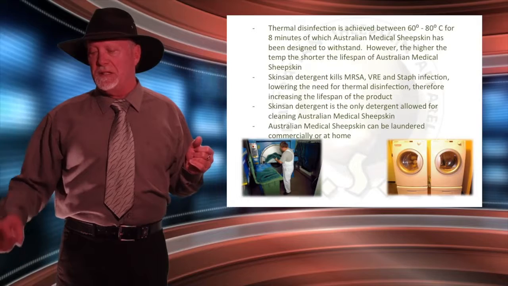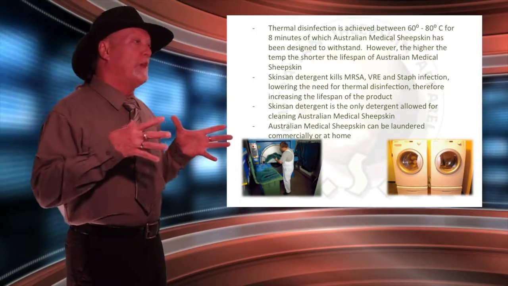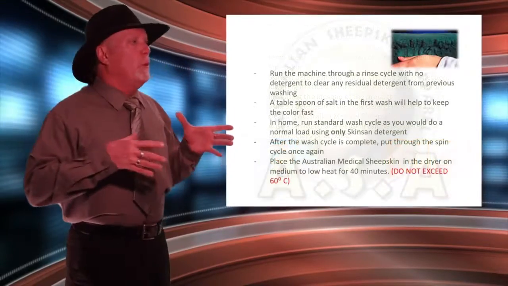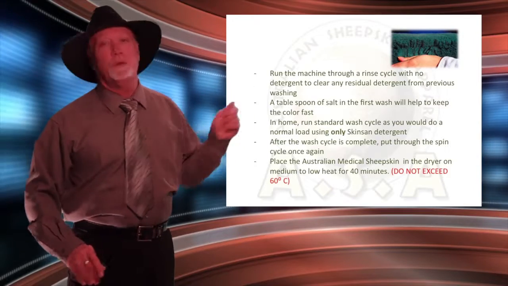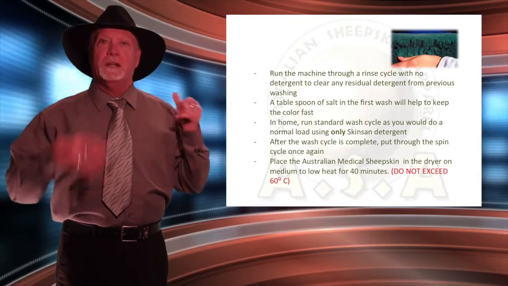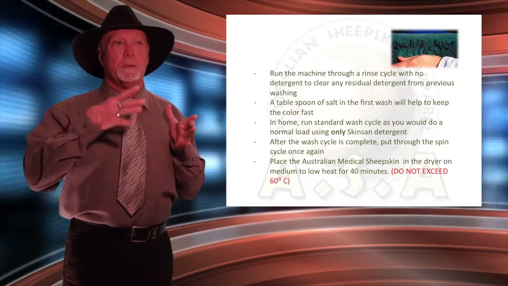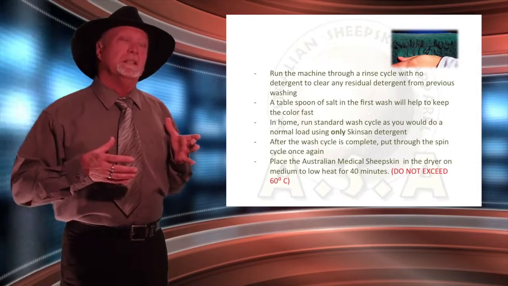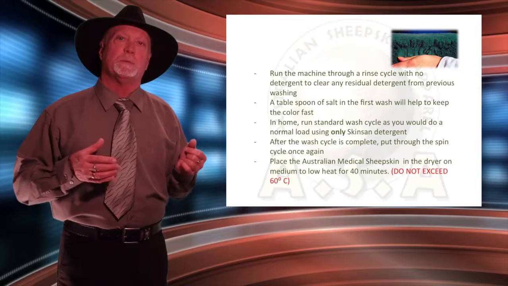When the product is being washed for the first time, we generally put in a tablespoon of salt into the wash itself to help fast that colour. Because when we're washing at high temperatures, the product will tend to fade more quickly than at lower temperatures. So one of the things that we need to help that colour maintain is 1 tablespoon of salt in the